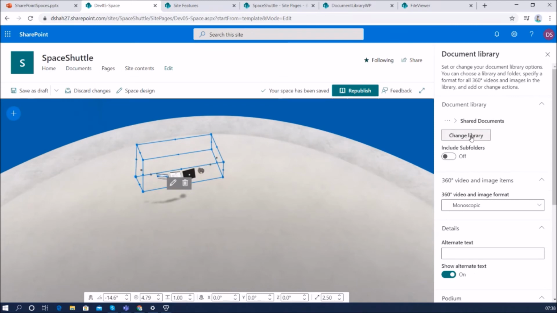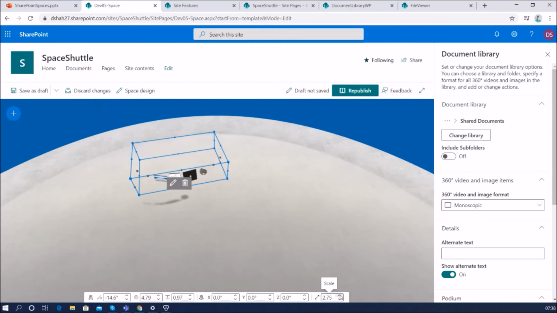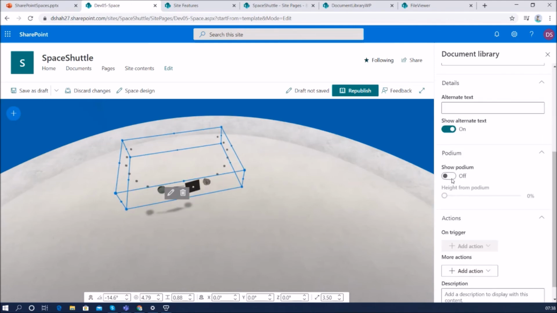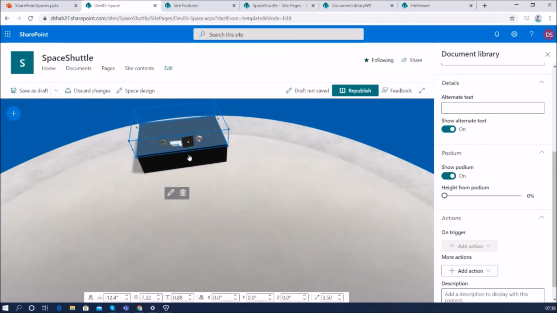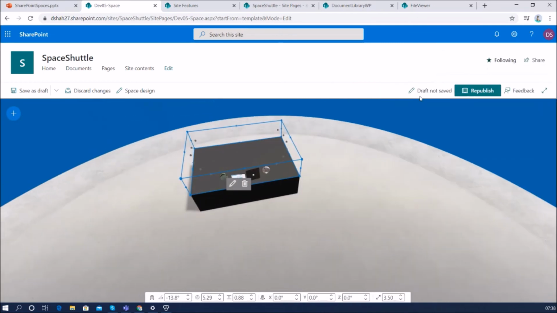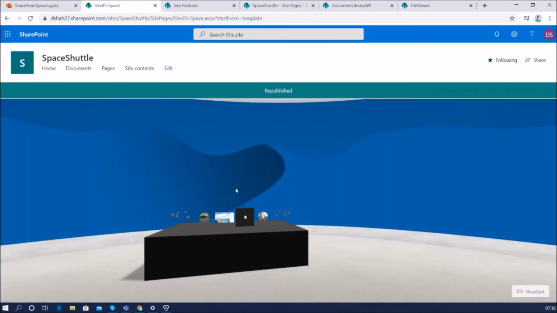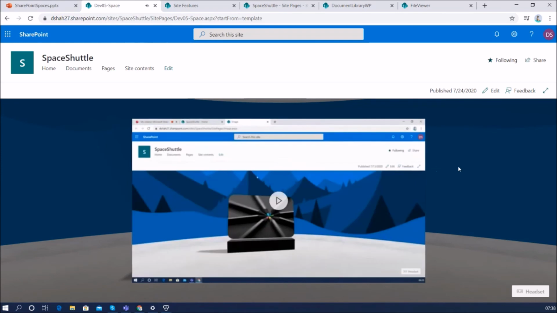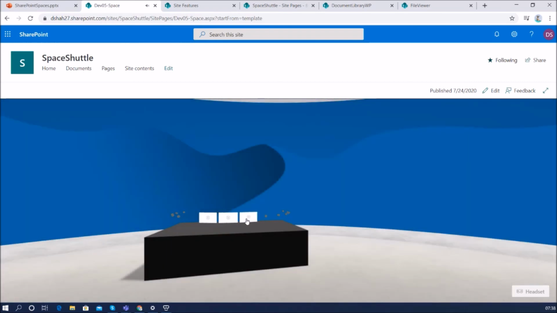Like if you want to allow the subfolder documents, you can set it using this option. Let's increase the height for our document library web part, and let's add include subfolder, as well as show podium option. So it will show this document library in this way, and let me publish this. We can see that important documents have been shown, and whenever we scroll, it is highlighting the other documents. Now in your document, let's say this is a video, it is playing like this on your page, right? So these are the different configuration properties of document library.